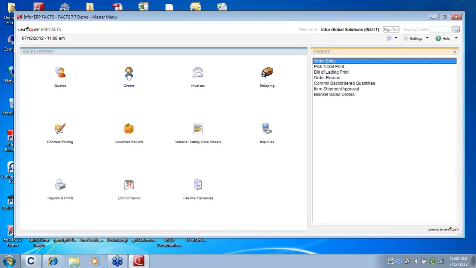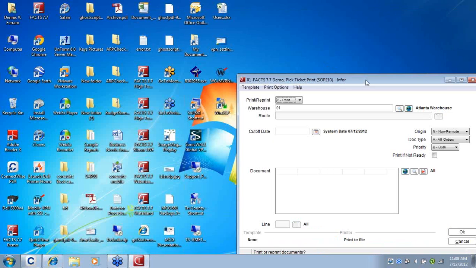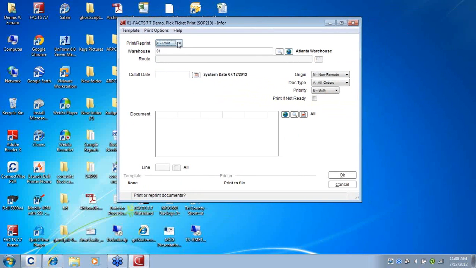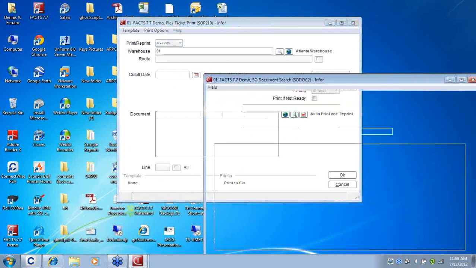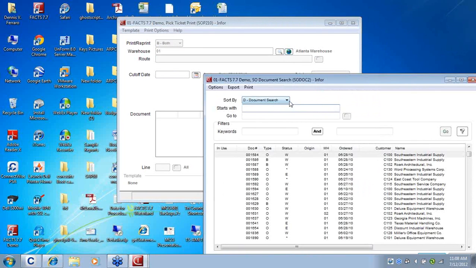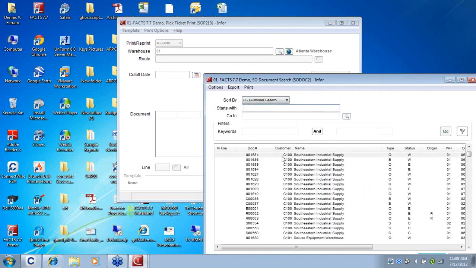Let's go into orders and let's look at the pick print ticket. As you can see, we can go here and we can select to print or reprint pick tickets. We can select the ones we want. Select,